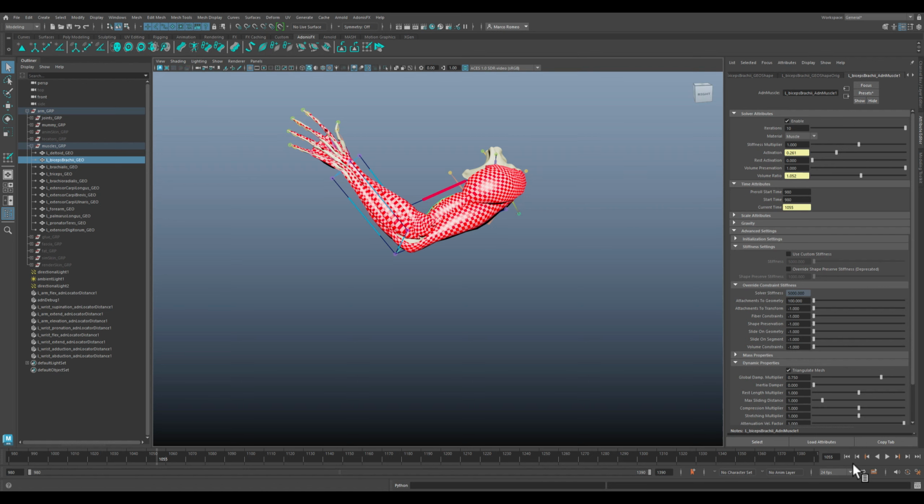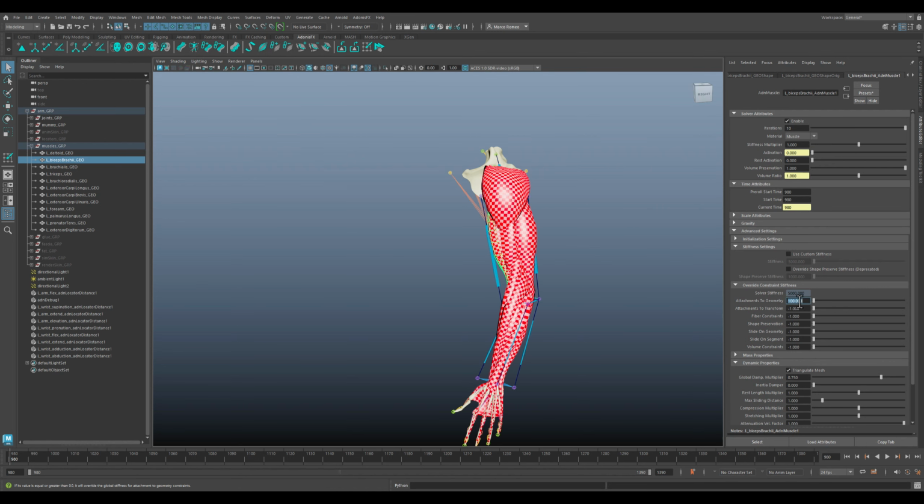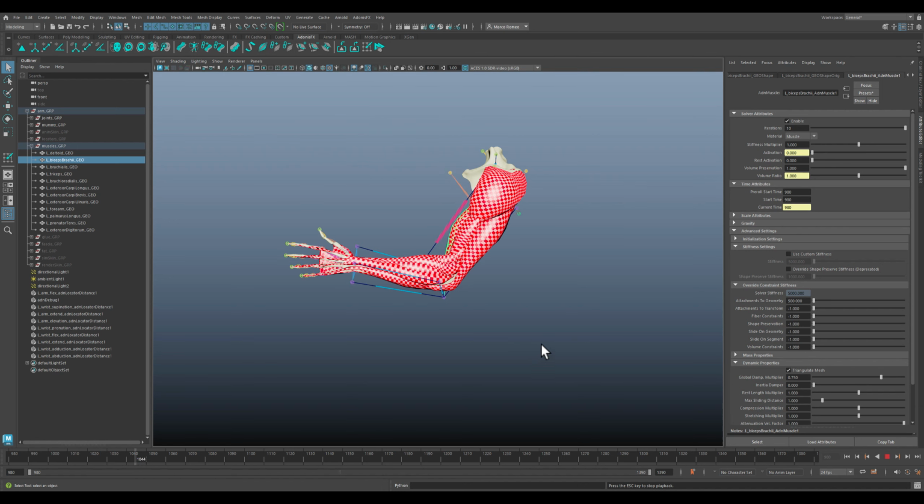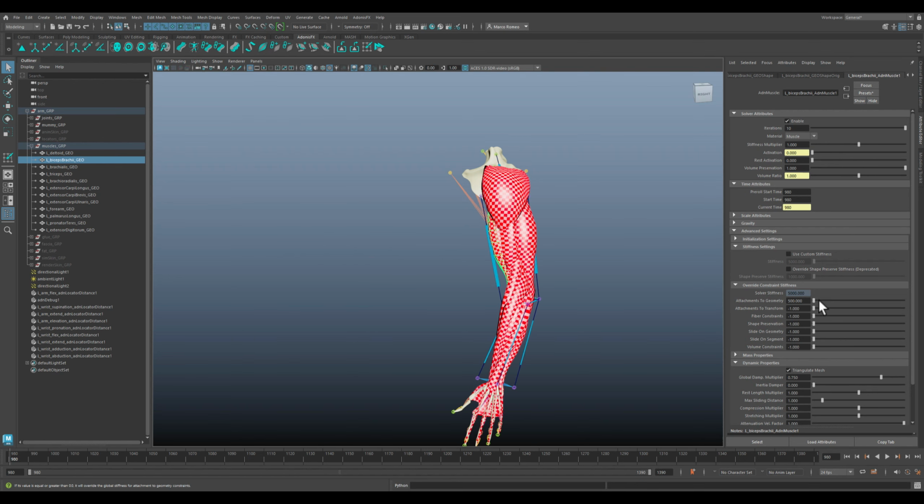Obviously, if we go very, very low in the values, then we have to reconsider our maps to be a little bit stronger in how the attachments are set in certain parts. But for instance, with 500, we can see proper dynamics on the bicep. So what we can do is that we can come here and say, for instance, hey, look,